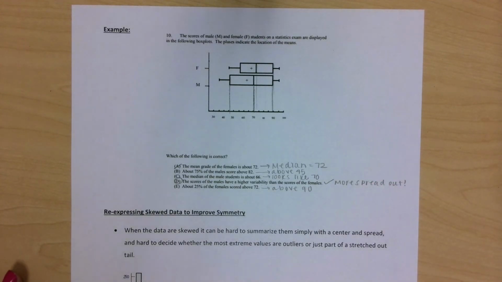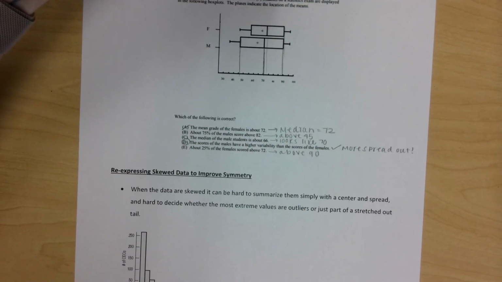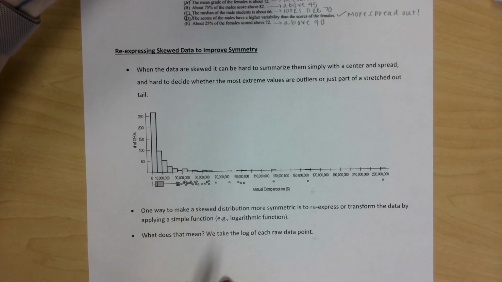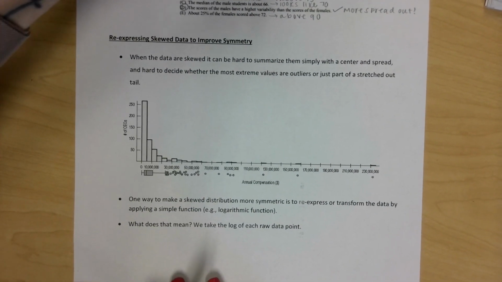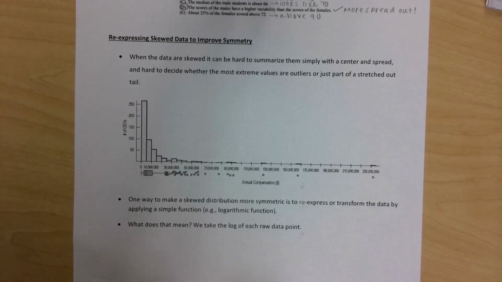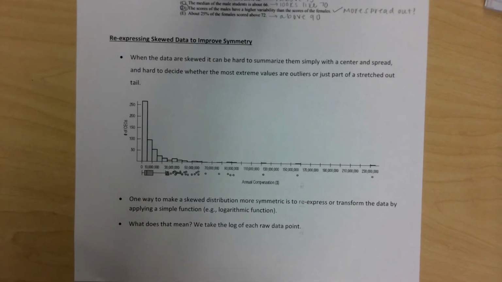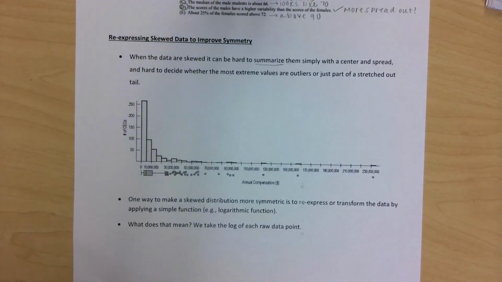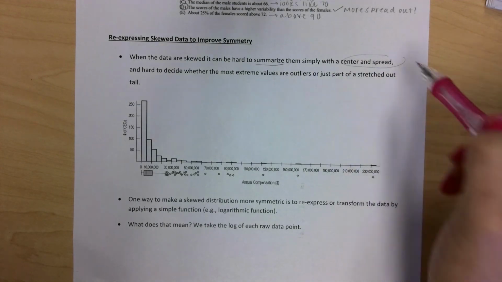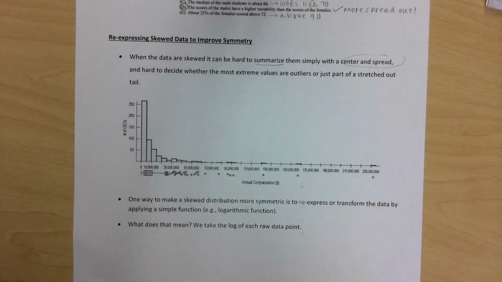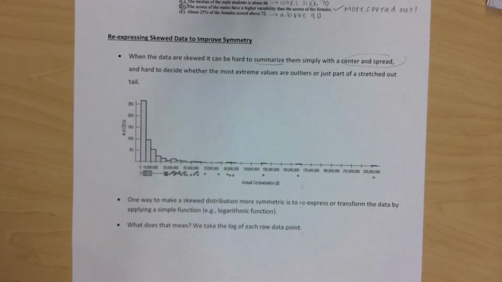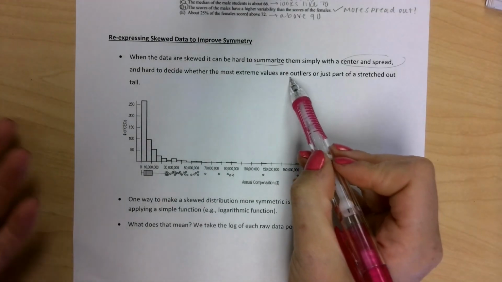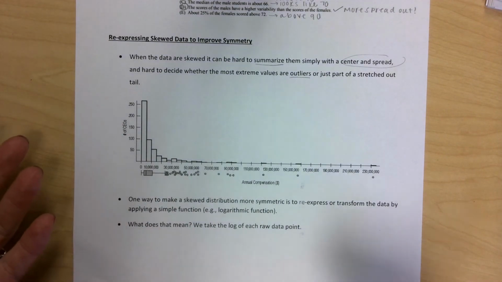The last thing I want to talk about real quick is re-expressing skewed data to improve your symmetry. When the data is very, very skewed, it can be really hard to summarize them with simply a center and a spread. If it's very, very skewed, oftentimes that center and spread don't really accurately depict what's happening here. It can be hard to decide whether these extreme values are outliers or are they just part of that